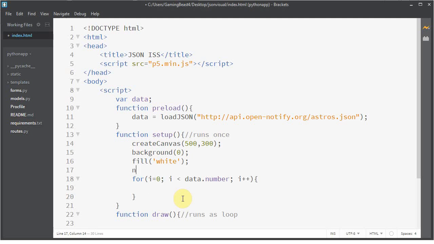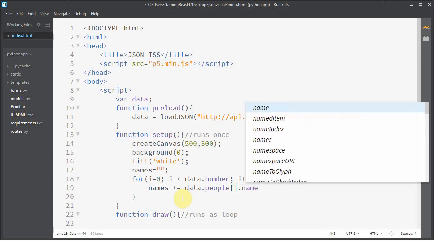Okay, actually before this, I'm going to create an empty string variable called names, because what I'm going to do is populate that with their names. So names plus equal, it's going to take whatever it's equal to and add on to it. I'm going to add to it data.people, and then I've got to give it an index number here, dot name,